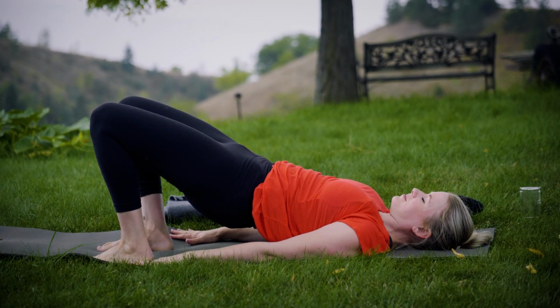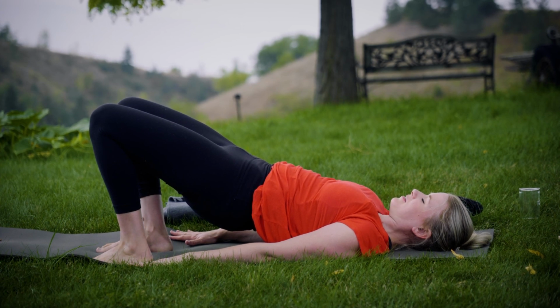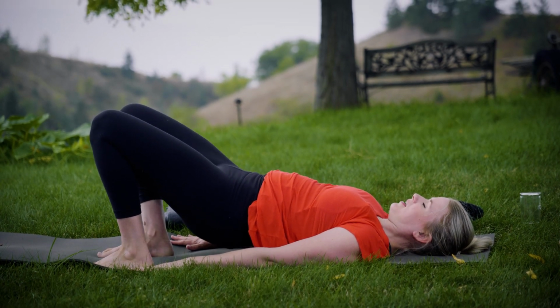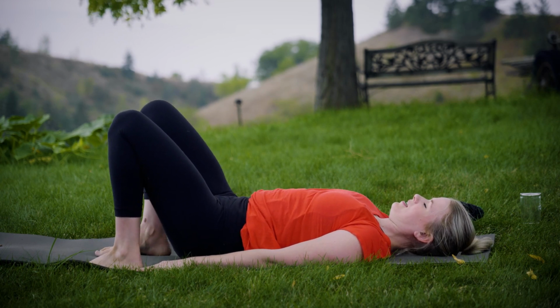Breathe here. We're going to do some pelvic floor lifts. So inhale and exhale, lift up towards your center. If you want, you can do this not lifted in bridge too. Inhale, relax your pelvic floor. Exhale, lift up. Inhale, relax your pelvic floor. Exhale, lift. And now one more breath in. Exhale, lower. And we're going to do those pelvic floor lifts now with our knees bent and not up in